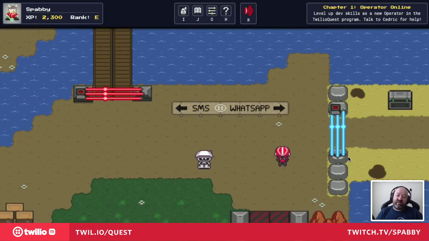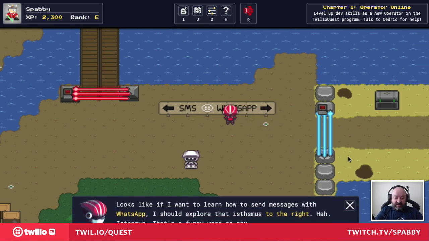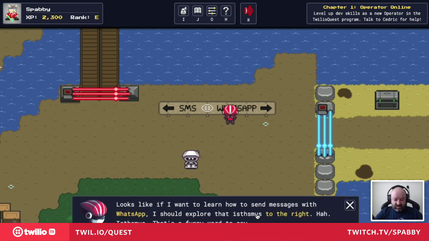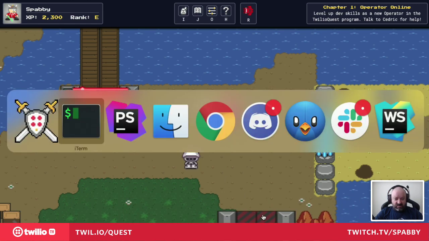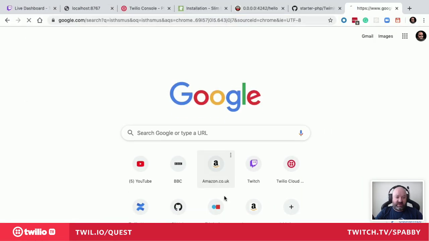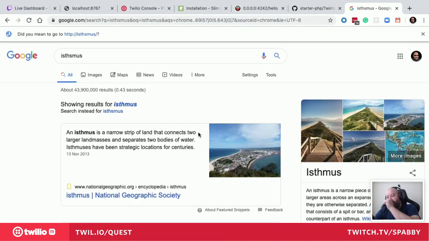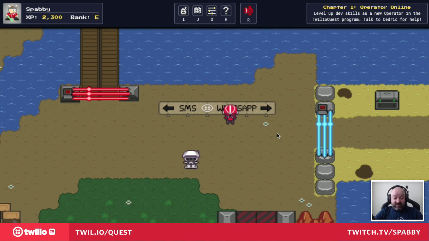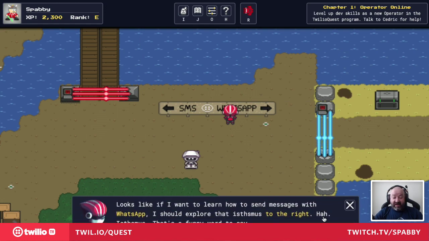Oh, so we can do either SMS or WhatsApp. Let's read the sign. Looks like if I want to learn how to send messages with WhatsApp, I should explore that isthmus. What is an isthmus? What does that mean? Am I going to regret Googling this on the stream? Excuse me. Oh, it's a narrow strip of land that connects two larger landmasses. I feel like I should know that. Geography has never been my strong point. Let's totally be honest. Oh, yes, I agree with you,